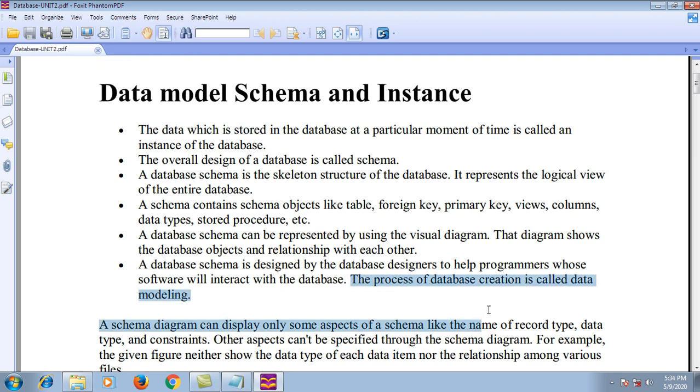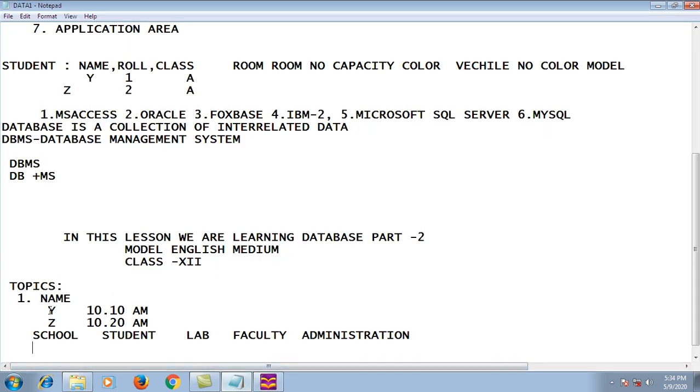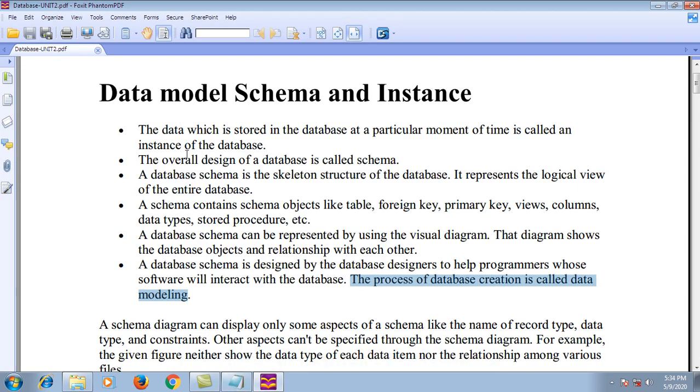The process of database creation is called data modeling. So dear students, first of all, what is the schema? Schema is the data stored in the database at a particular time. Suppose your name is stored at 10 a.m., that particular time is called an instance of the database. And also we can say that the overall design of the database is called schema, and